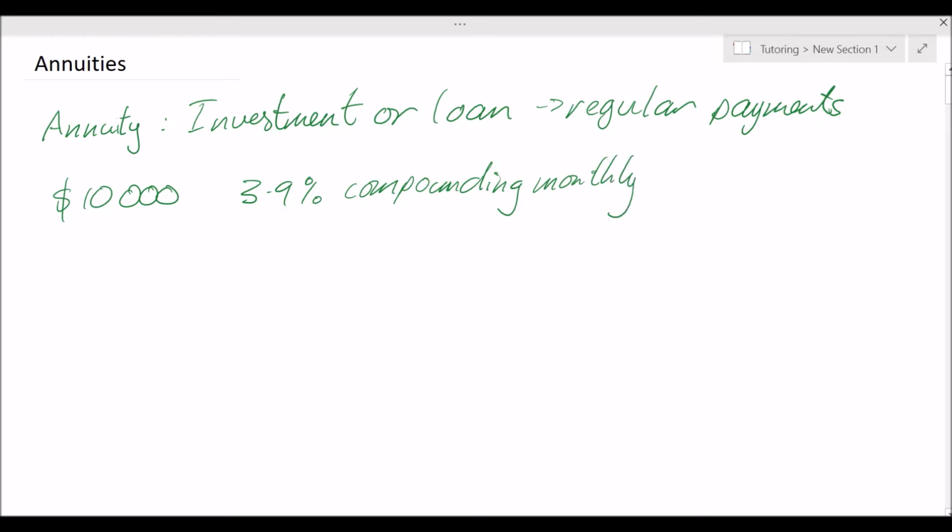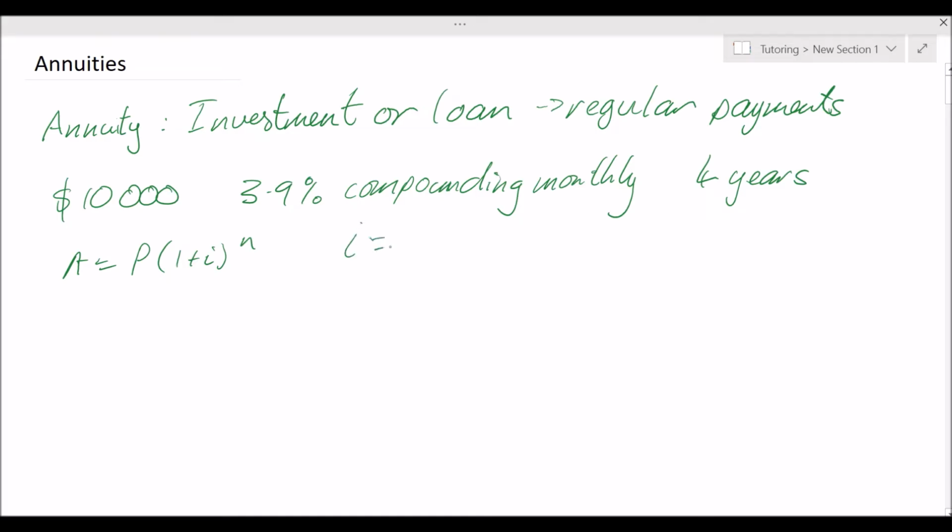And you invested it for 4 years. So if you were to do this like a normal compound interest question, you would get your compound interest formula like this,